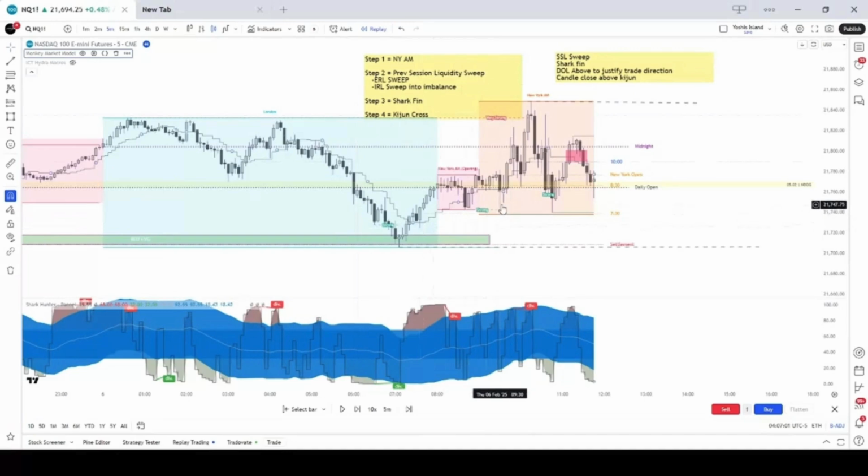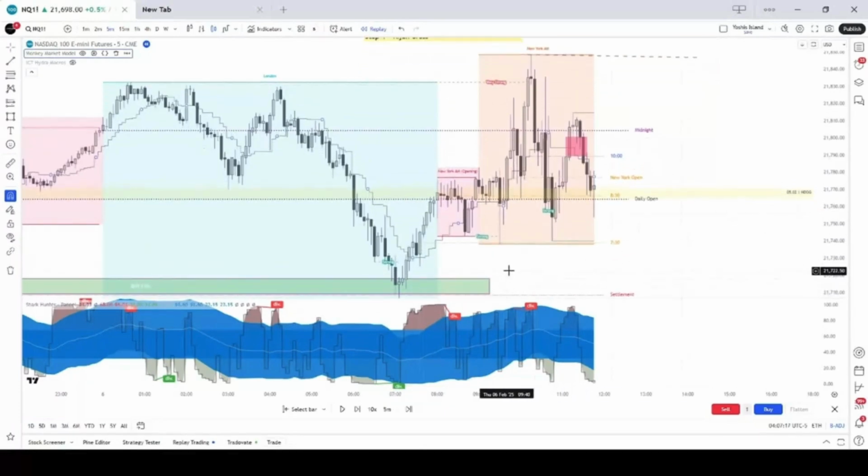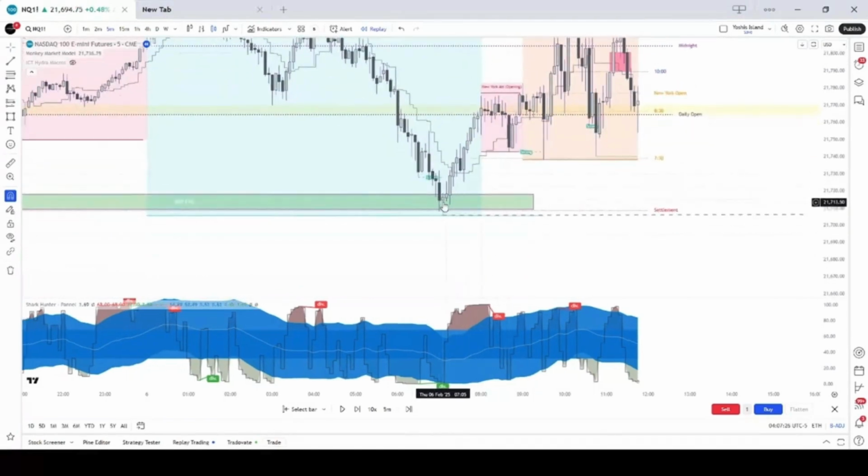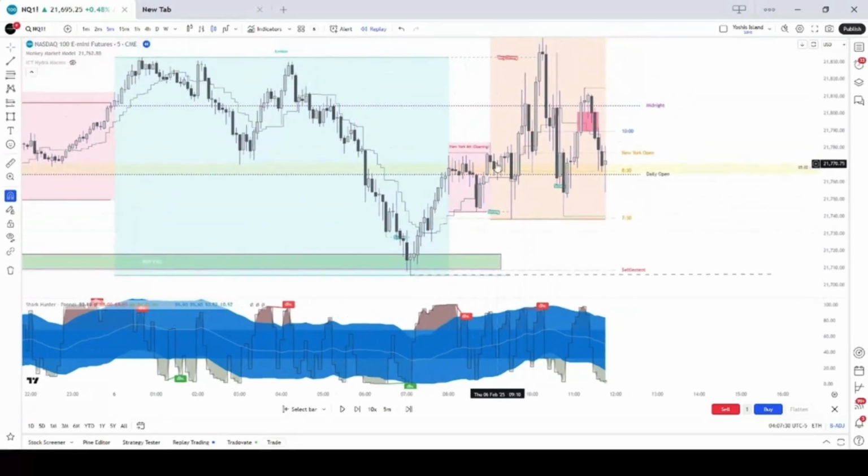See? This wick right here, we mitigated this order block, but we didn't rebalance any price inside of here. I mean, maybe on a lower time frame, but as we see right here, it's not a clean setup. There's no fair value gap to retrace into. There's no order block to bounce off of. Heck, this low is a bullish candle. So all this price action going up,